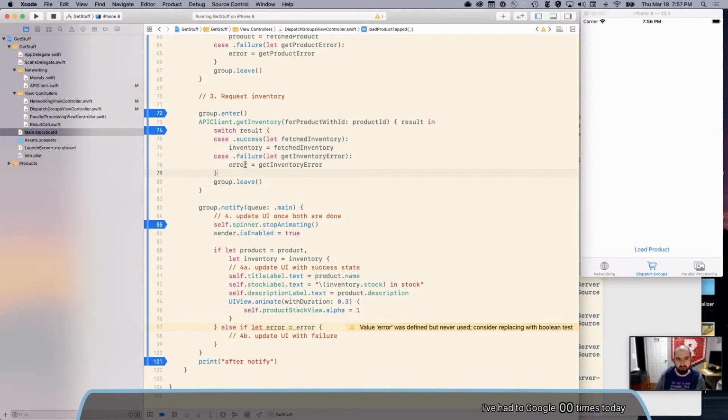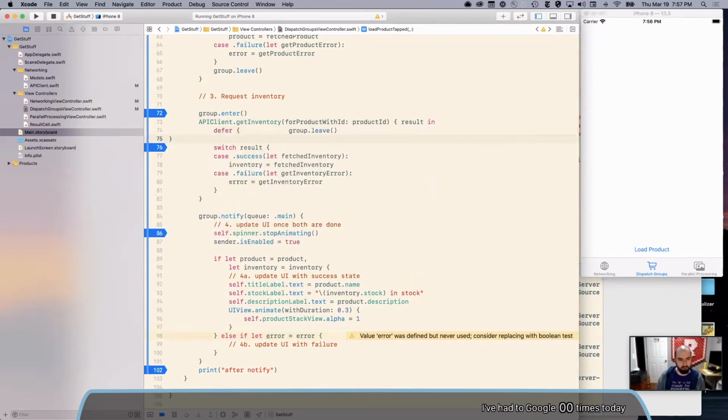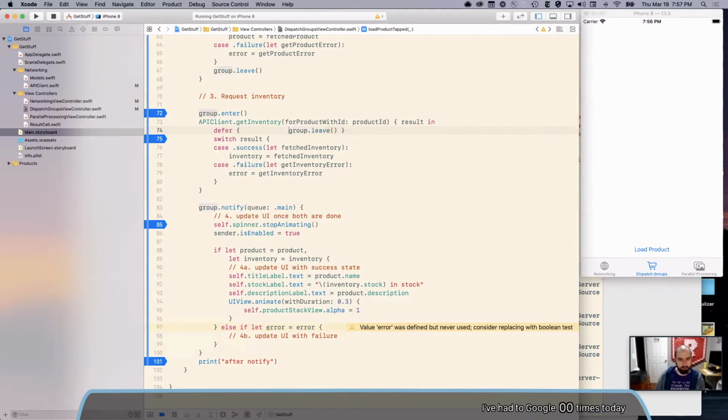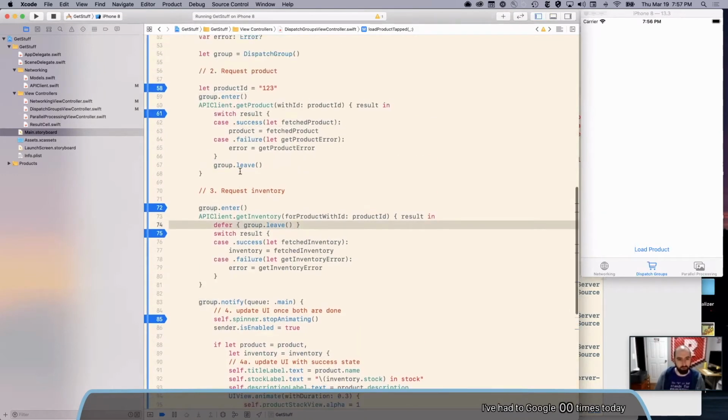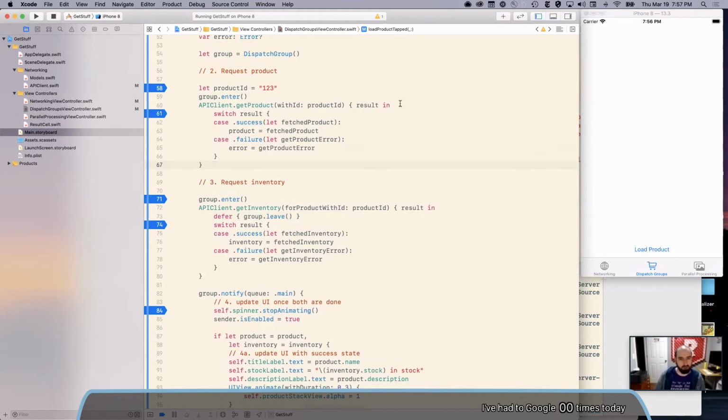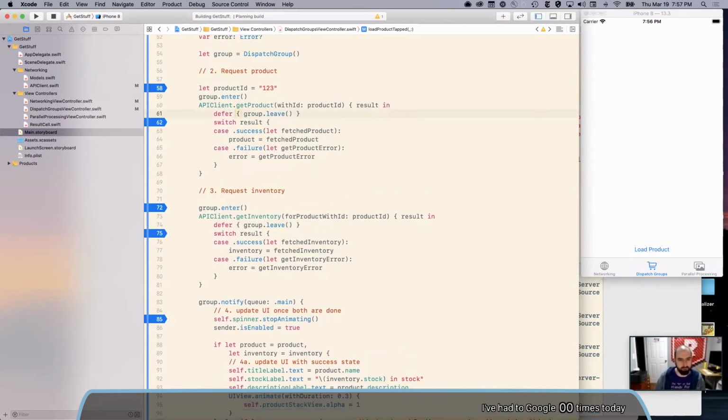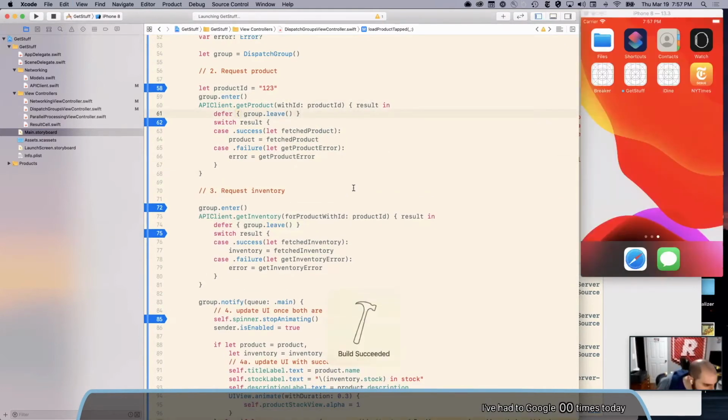I'm not sure if it exactly would, but one nice way to put it up here so it's visually close, but have it run at the end, is to put it in a defer, which is a little used Swift thing that basically just says, do this at the end of this scope. I don't know if I love that. I always feel like I have to think a little harder when I see a defer to know if it's actually doing the right thing.